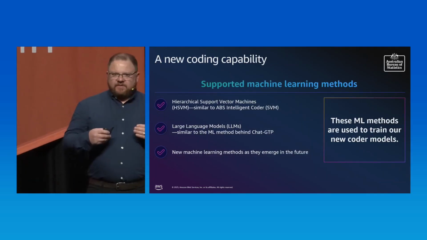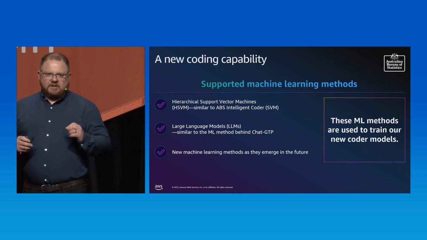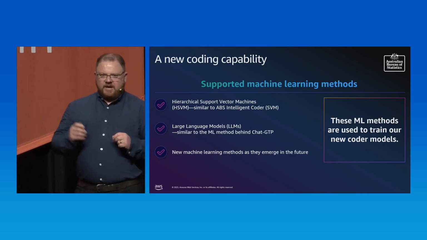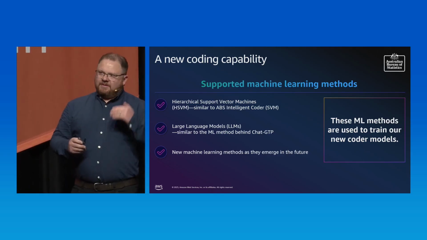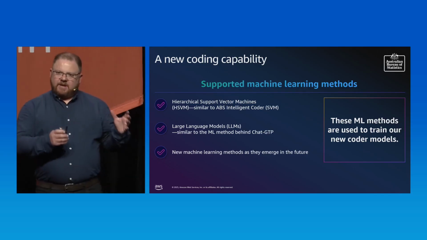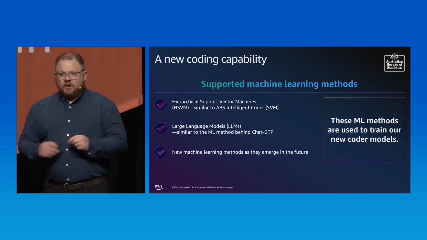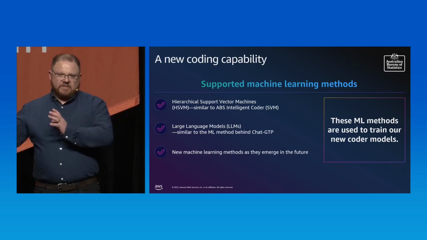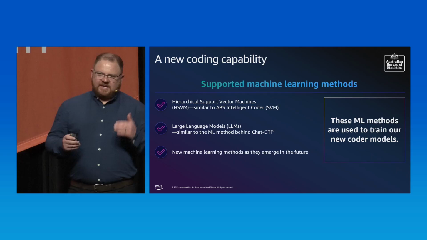One of the big uplifts that we've got through our MLOps solution is the ability to use varying machine learning methods. And as you can see, our 2 primary methods that we're using are a HSVM, hierarchical support vector machine. And for those that might be new, even though it's old technology, that is us training a model on a pre-coded data set or a curated data set that we already have. We also have the ability to train large language models, where we take that same data set, but add the advantage of a DistilBERT large language library to expand the vocabulary and connections, drastically increasing the capability of that model.